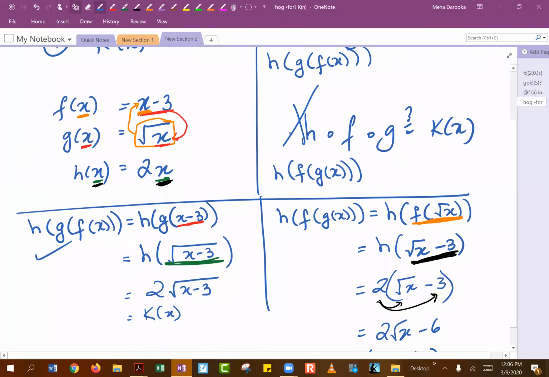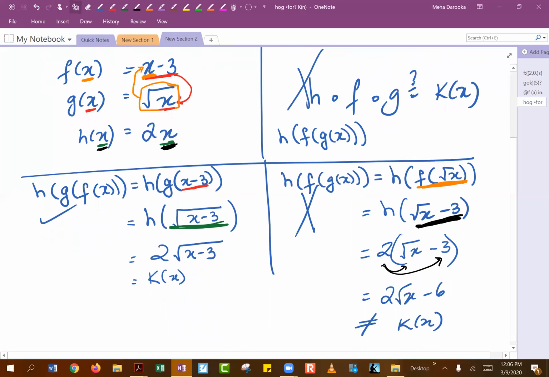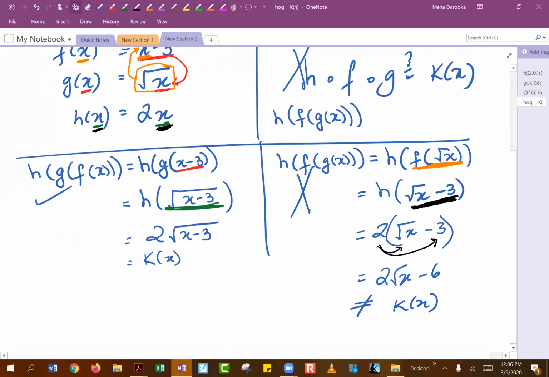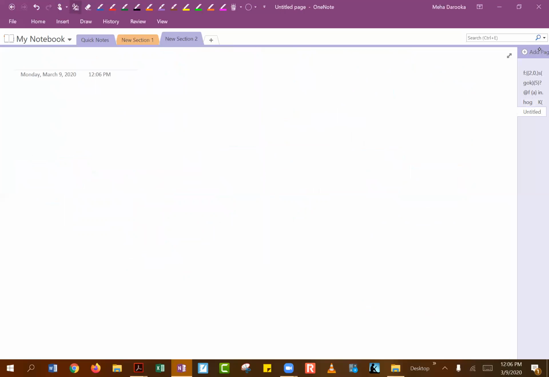So this one does not work. You will see examples of 2 compositions and of 3 compositions in your homework. So you should be able to practice with each of them and see how those orders work out. So anytime they give you 3 compositions,